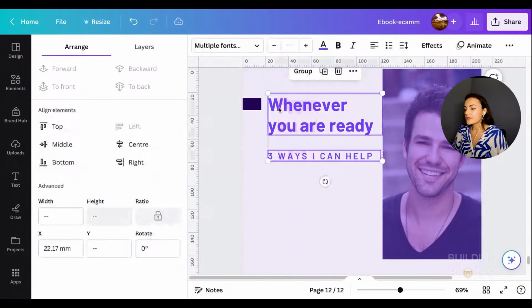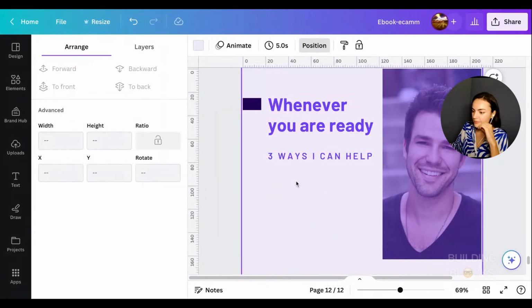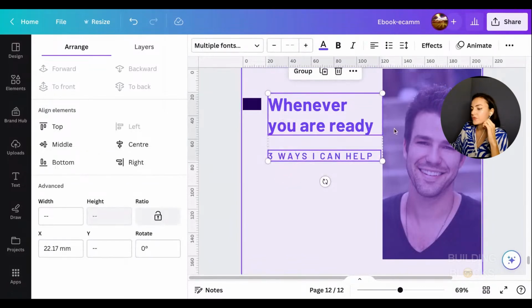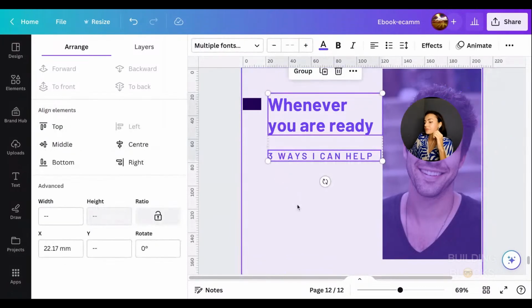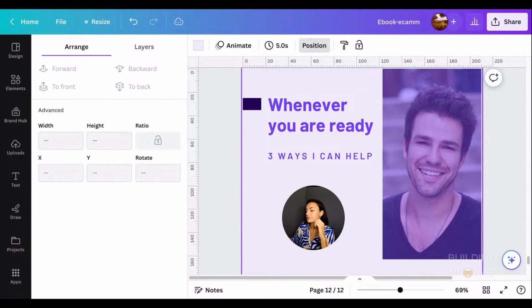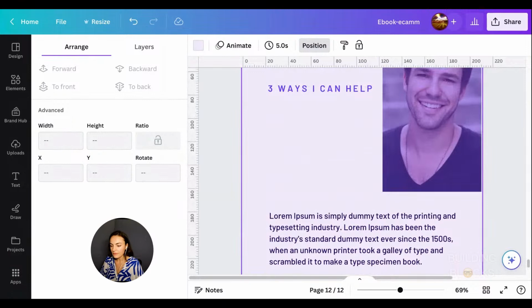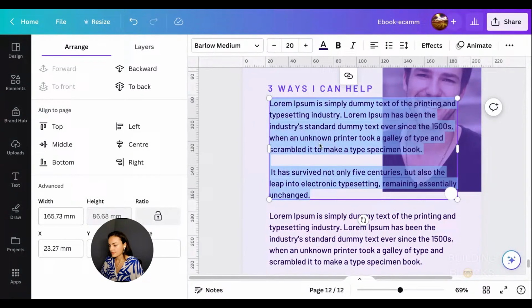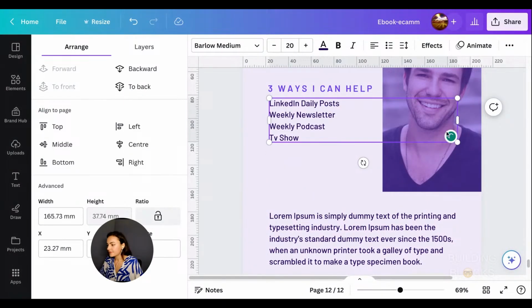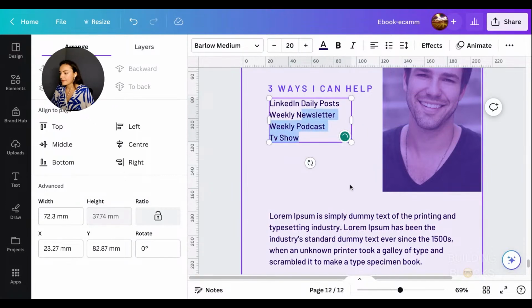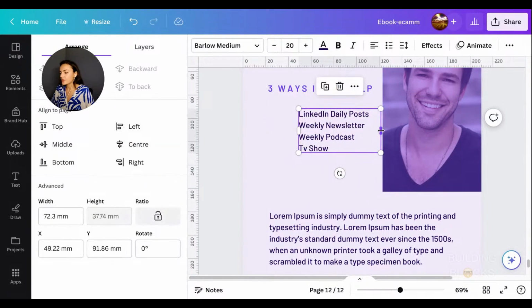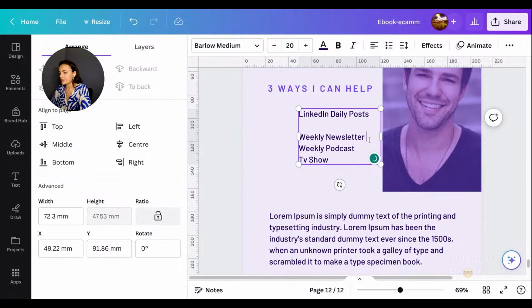Of course, at the end, please check your elements to be centered, to be aligned in the same way. Okay, and here we have different channels. And of course you can put links here,